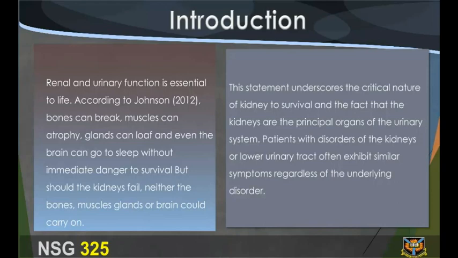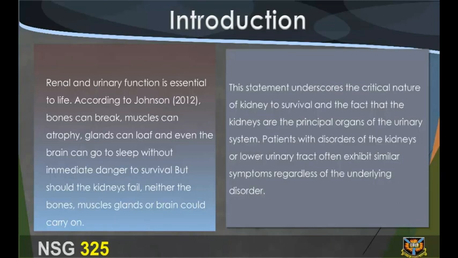Introduction. Renal and urinary function is essential to life. According to Johnson 2012, bones can break, muscles can atrophy, glands can lose function, and even the brain can go to sleep without immediate danger to survival. But should the kidney fail, neither the bones, muscles, glands, or brain could carry on. This statement underscores the critical nature of the kidney to survival and the fact that the kidneys are the principal organs